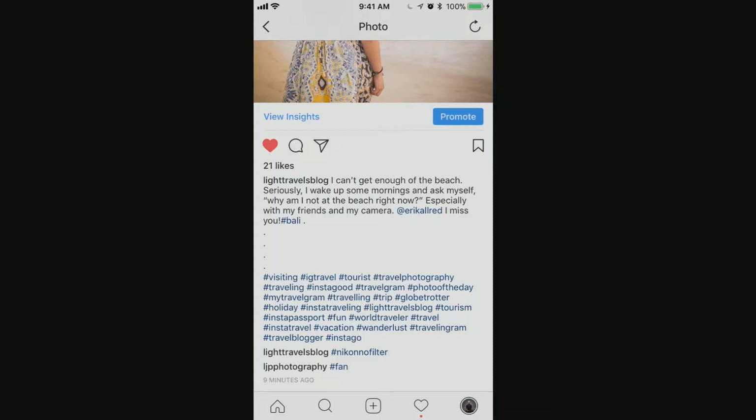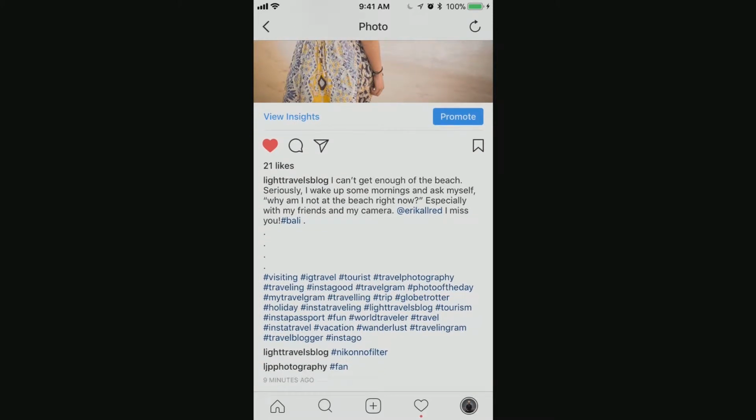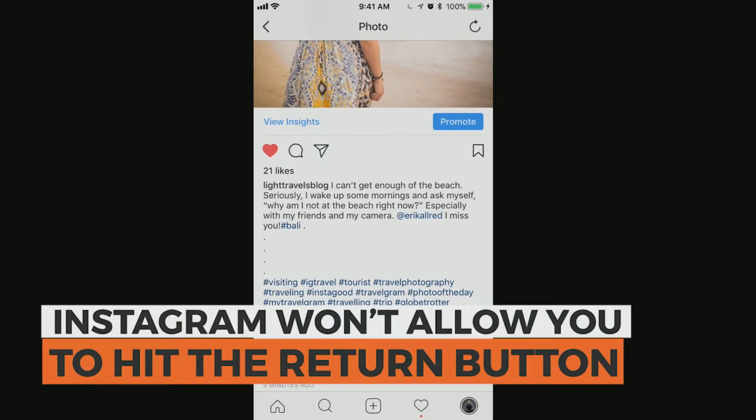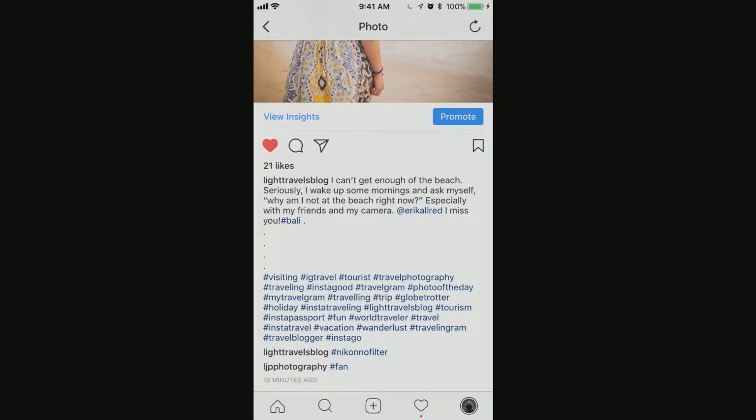Now, if you're just posting right on Instagram, you're going to notice a couple of things. Actually, let's walk through a post right here. When you're posting, what Instagram won't allow you to do is hit this return button. There's none of that on Instagram. So you're wondering, how do I separate my content from my hashtags? I love to separate those because